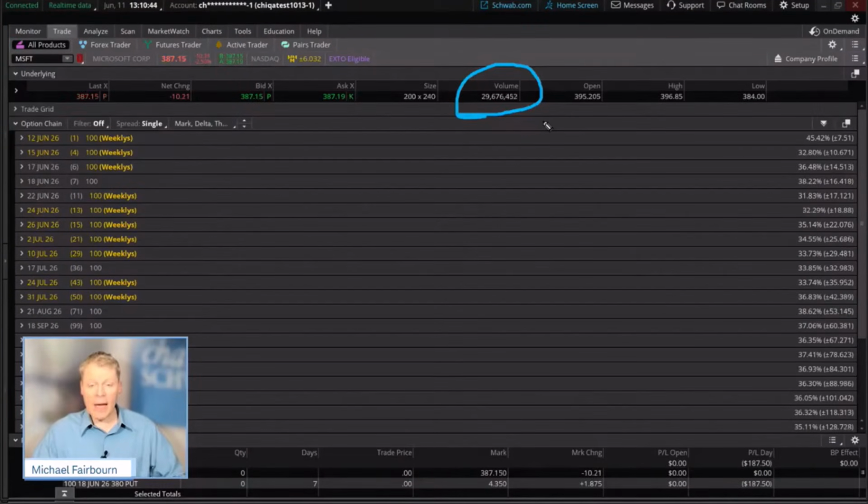It looks like we'll probably exceed that before the market closes. So if you think about that, 30 million shares, you can see a lot of traders, and if you're trading the stock, many of them might be using options with their trades. There's a lot of action going on here, a lot of buying and selling, and that can certainly influence some of the spreads.